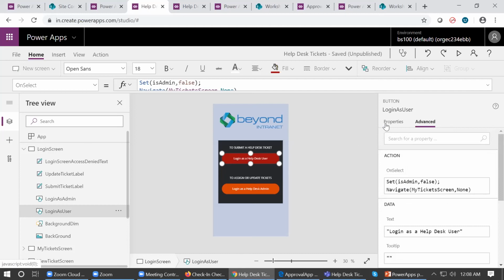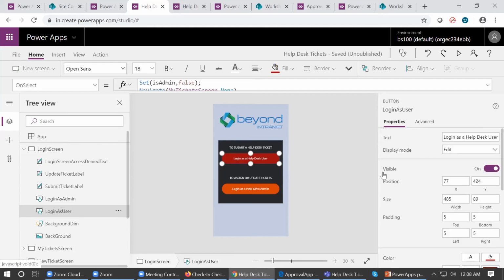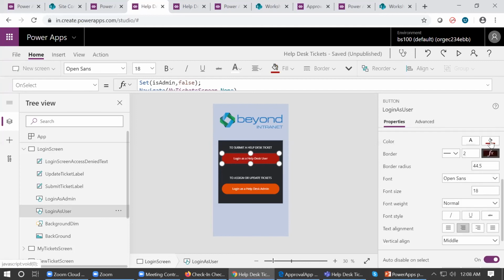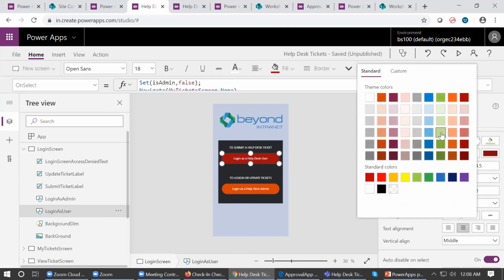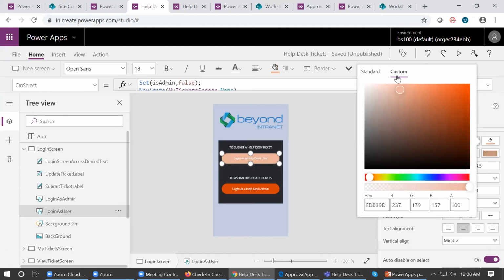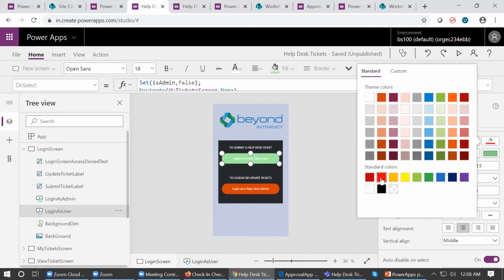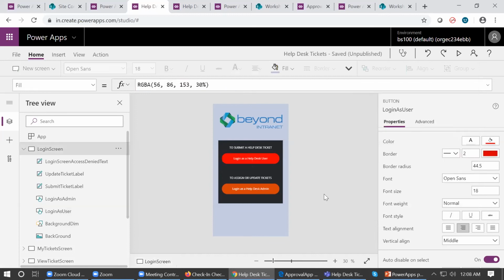And in properties, I can simply go and select the position and the size of this particular button, and the padding, and the margin from the left and the right hand side. Also here you can see there is a color option, so you can simply change the color of the button. The color suits your branding, so you can choose any color from the color picker, and there is a hex color option also available. So if you have the hex code of the color of your branding needs, you can simply put the hex color, or you can choose from the color picker, right?